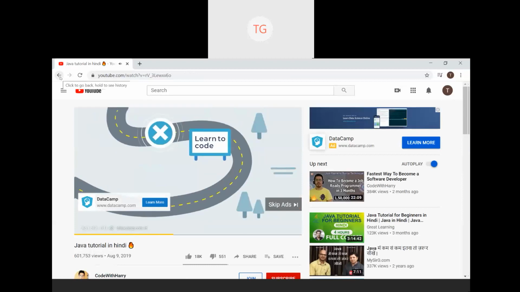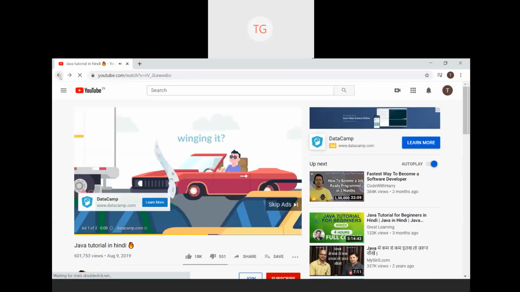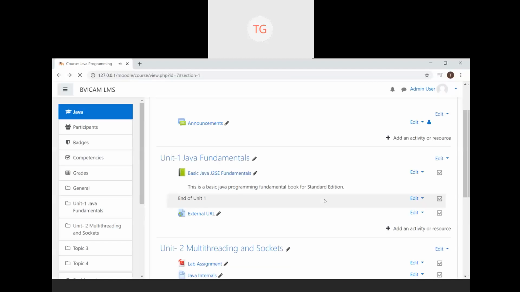So this is what I was discussing, that you need to have courses created. If you have created a course and it is not visible in site home, are you able to see that course under site administration? Yes. And when you click on that course, what happens? I have a course created in computer science. Category is computer science, and the course created is database management system. I can see that in course and category management when I go to site admin. But when I go to site home, I cannot see these courses.